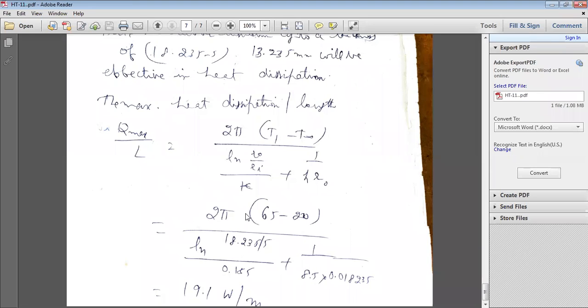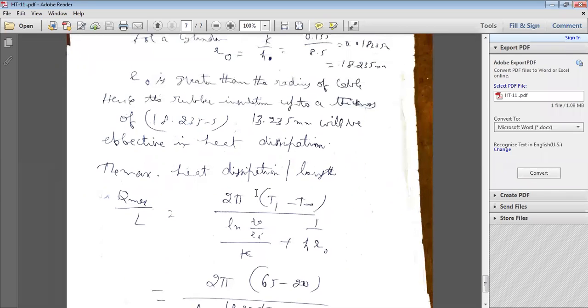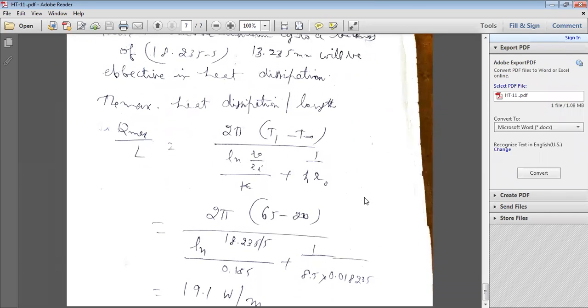If you substitute the available values here, 2 pi into Ti given as 65 minus T free stream 20, divided by ln, natural logarithm, Ro, the outer radius. What is the outer radius? 18.235 in mm. That's why we are directly taking mm. We have this ratio, so mm by mm get cancelled. That's why you can take mm only, instead of meters. Generally, you're supposed to take meters, but in ratios and in temperature differences,